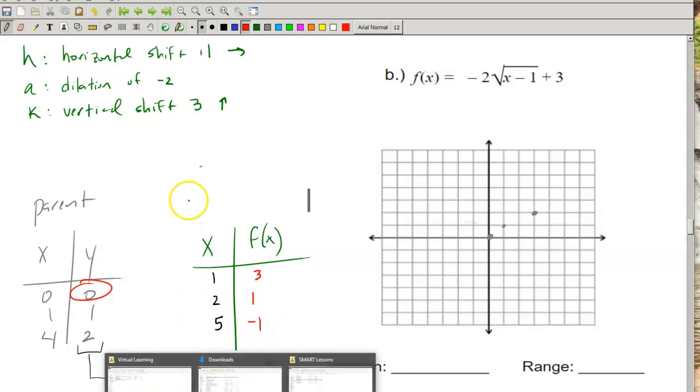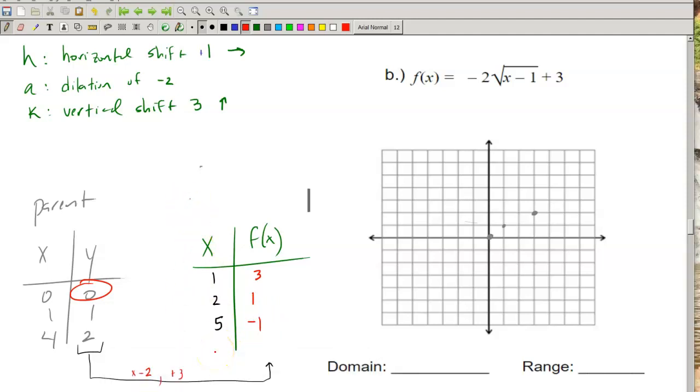So now those are my new points. I'm still following my a, h, and k values, but I can take those numbers and really just focus more on the numbers, using the h value to change the x values, and then using the a and the k values to change the y's. And so now I have these 3 points,